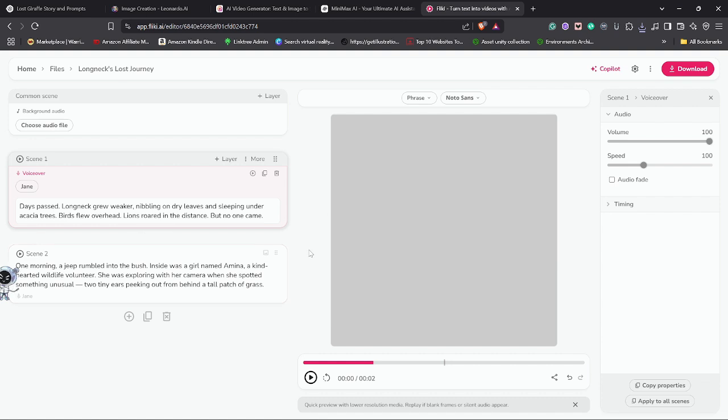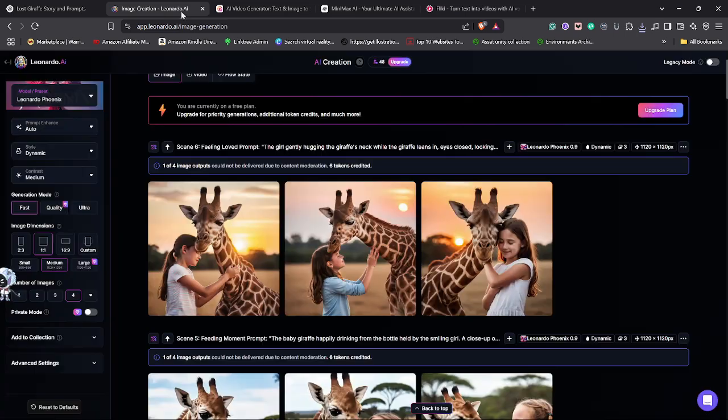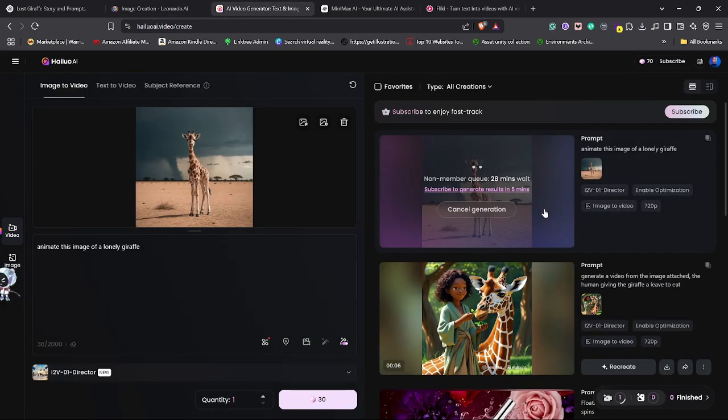Then on Saturday, we are going to stitch everything together. I hope you understand. Let me catch you up on Saturday. Again, let's see whether our video is done generating. It's not yet done generating, but I'm going to finish up everything. Then on Saturday, I'm going to show you how to stitch everything together.